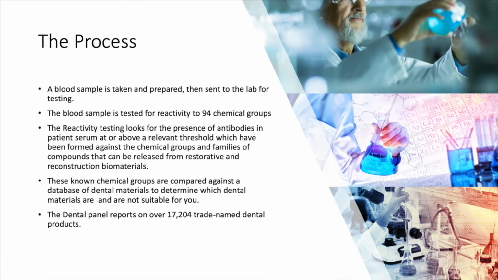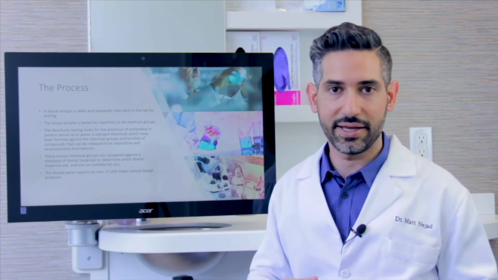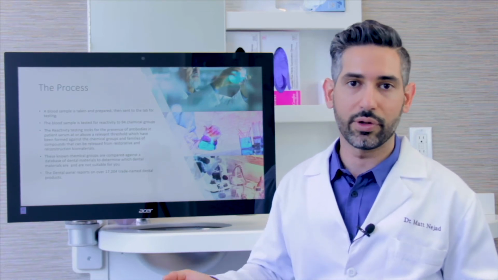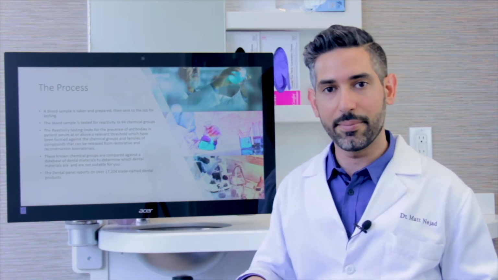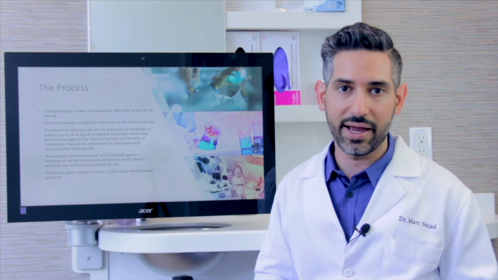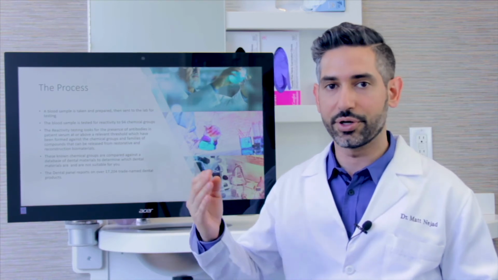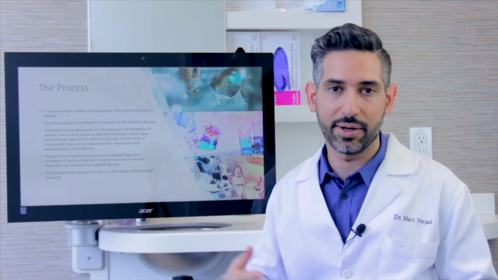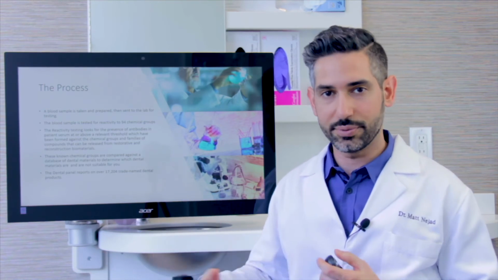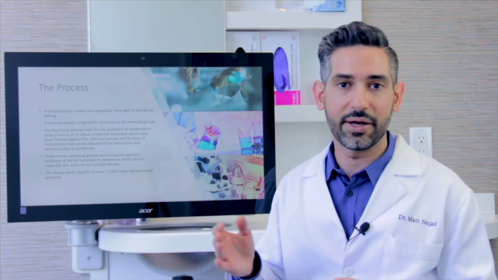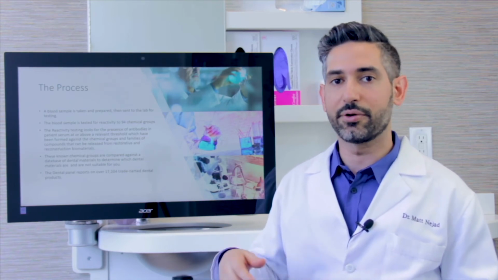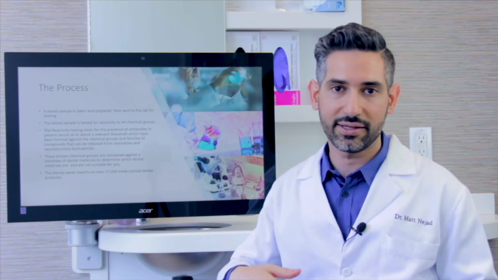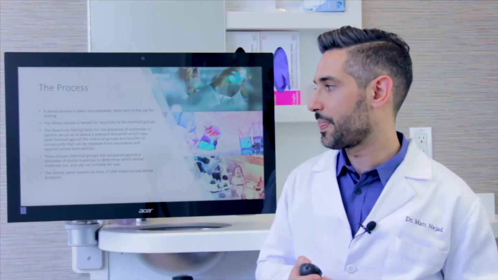The process is that either your doctor or your physician will order a blood test. Sometimes they can take it themselves, other times they work with a local lab or a phlebotomist to draw your blood. And then this is sent to Clifford Lab for testing. Then the results come back and you're able to review them with either your physician or your dentist if you're talking about dentistry, and you can determine which materials are going to be compatible. I shouldn't say compatible, which materials are not creating a big reaction in you. And if it's low reactivity, then you're suitable for that.